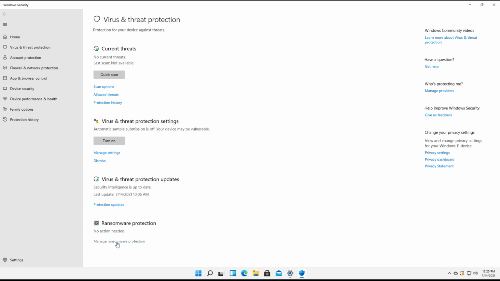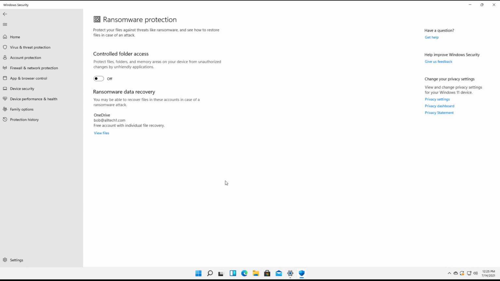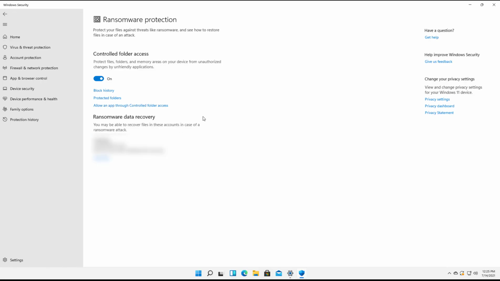So I'll click on Manage Ransomware Protection. And we can see by default, it's not turned on in this version. Now, there may be an upcoming version where it's automatically turned on, but in this one, it is not. So I'm going to choose on, and then, of course, click Yes. And what this does is it helps keep any viruses from encrypting your data and causing it to be held up for ransomware. So this is really a great way to protect yourself, but you need to turn it on